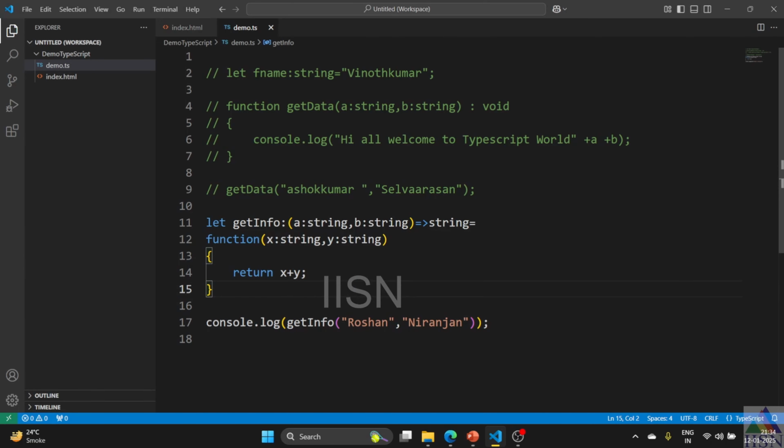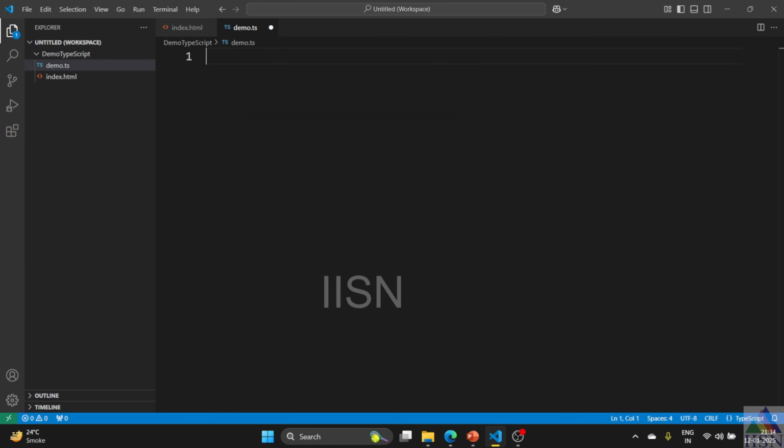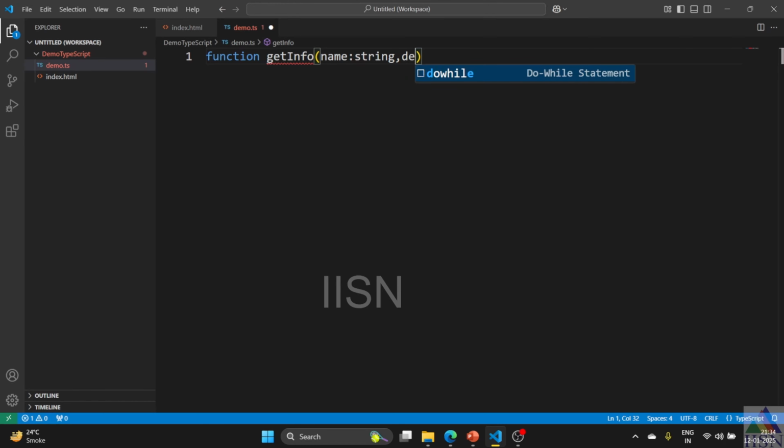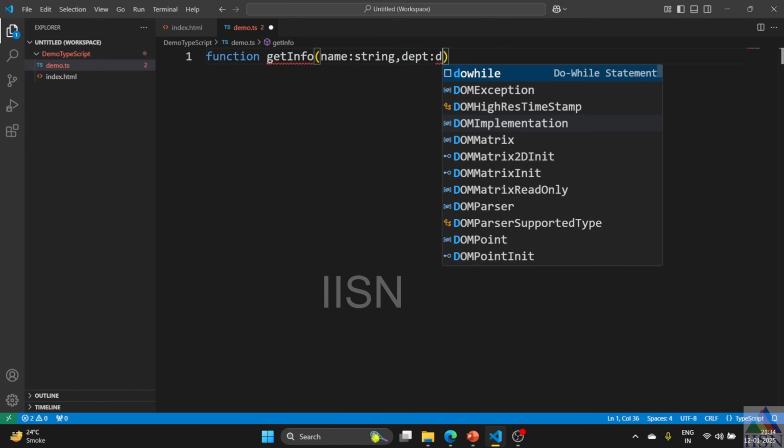Here you see I'm just going to erase all the existing code. Here I'm going to create one function, getInfo is the method. It will contain three arguments. One is name, which is going to be a string data type, and another one is going to be department, and that too is a string data type,